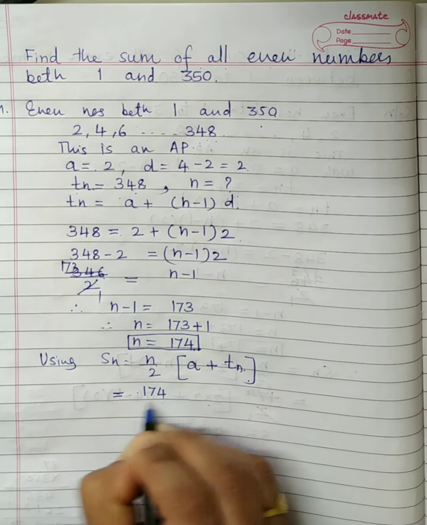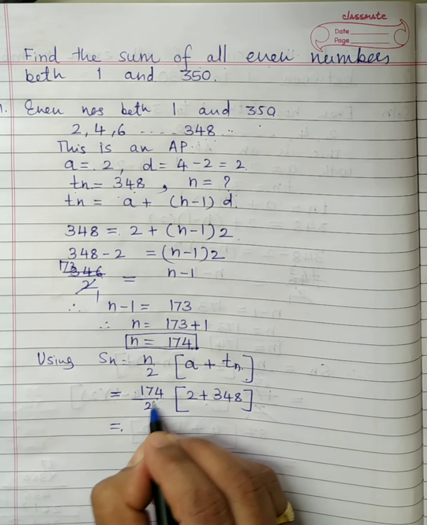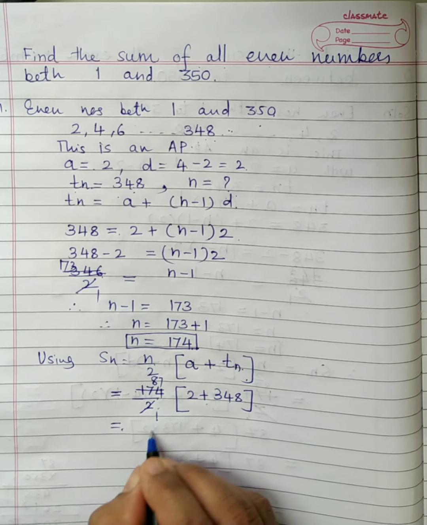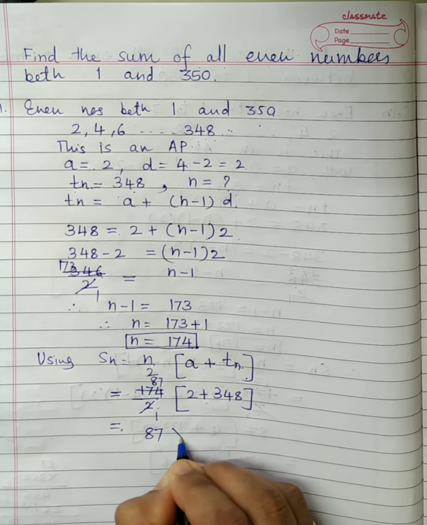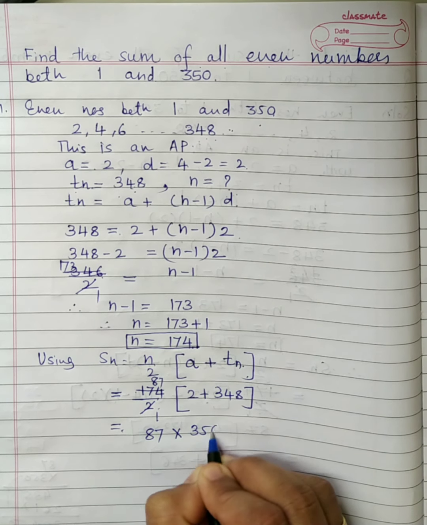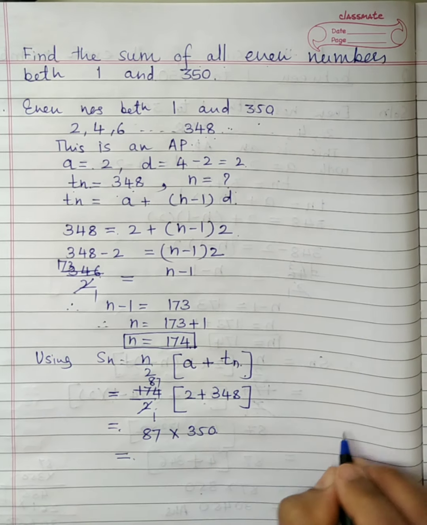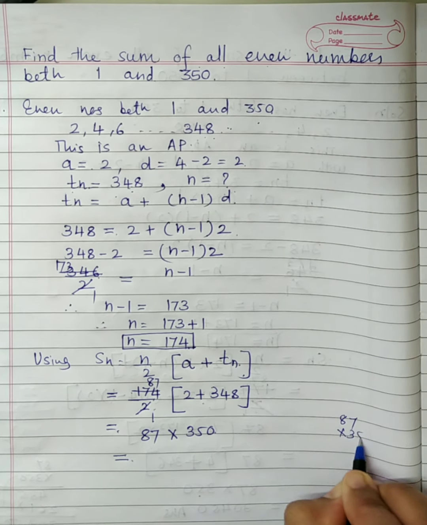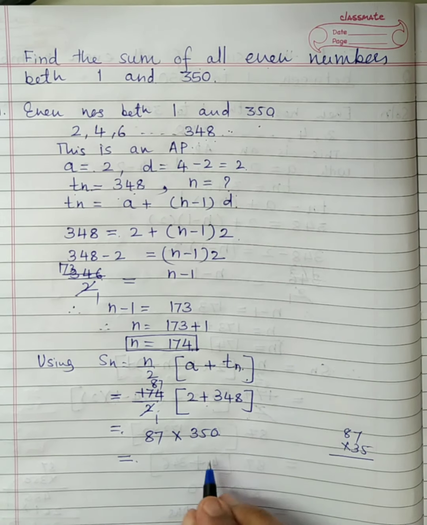a is what? 2 plus 348. Okay, here you can simplify. 2 8s are 16, and 7s are 49. 87 into 2 plus 348, that is 350. Now work out 87. See, I am multiplying it by 35, but do not forget to write that 0 later on. First only, otherwise